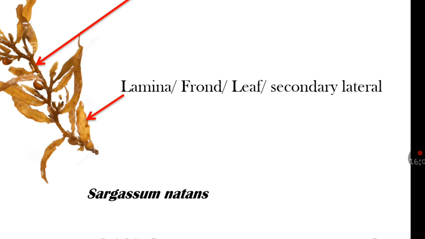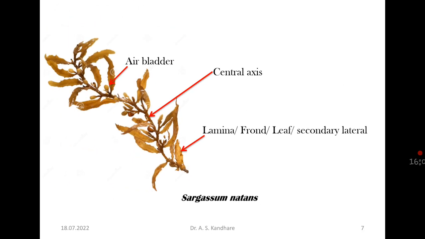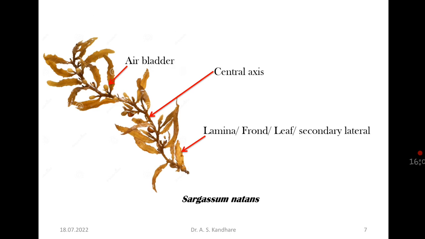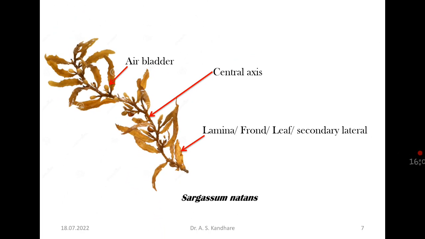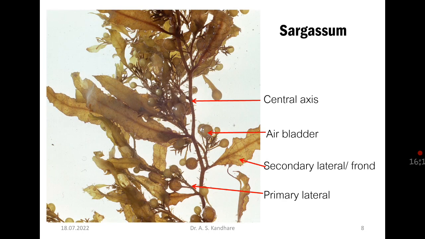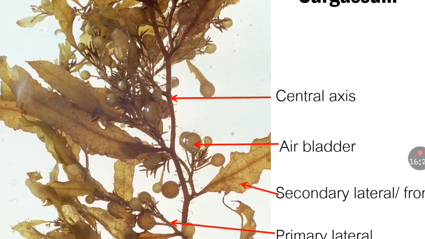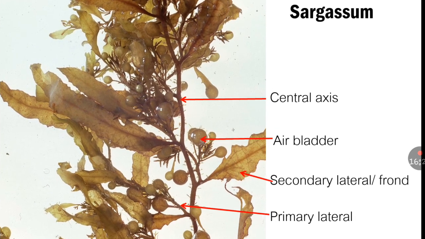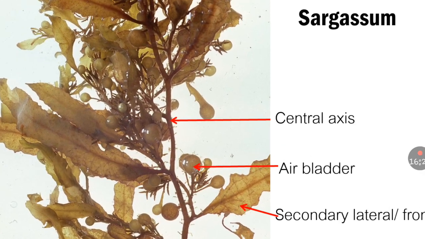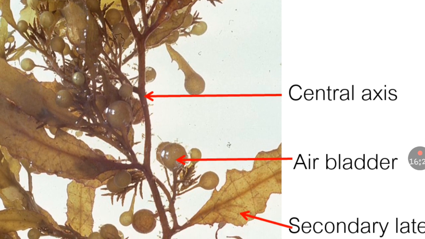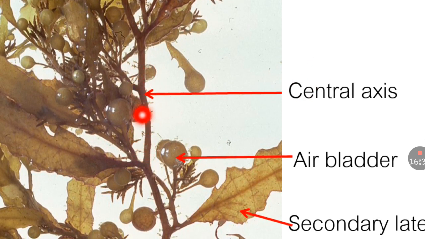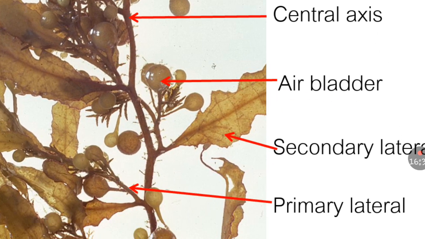So this is the example of brown algae called Sargassum natans, isn't it? So you can see brown color is there due to presence of fucoxanthin. So this is another example, and the same figure of Sargassum is in different angle, somewhat enlarged. So you can see again here, this is central axis, isn't it? This is central axis, air bladder, this is air bladder, then